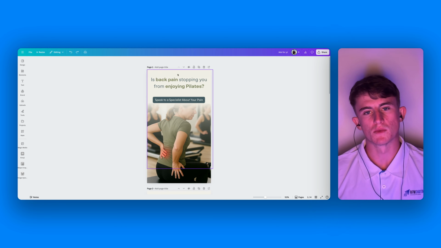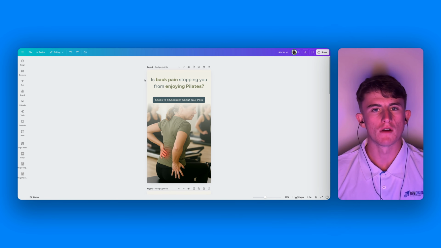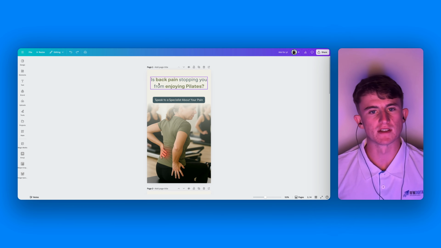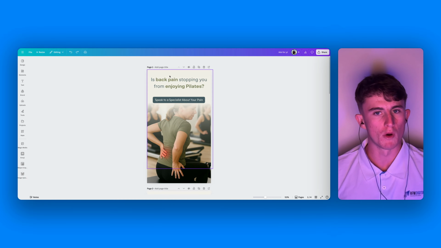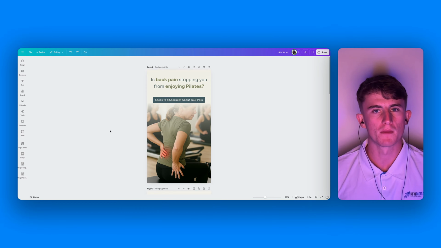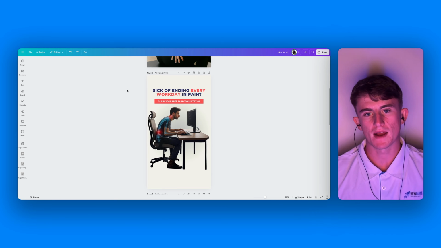Also, just a note: we typically put the logo of the business up the top here, but for confidentiality reasons, we decided not to do this for this example. The logo can go up here, in the corner, or down the bottom, because you might as well get some brand awareness benefits from the ad as well. Here's another example that could be targeting